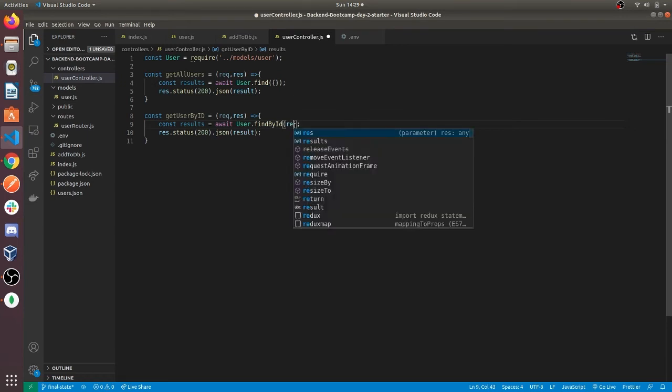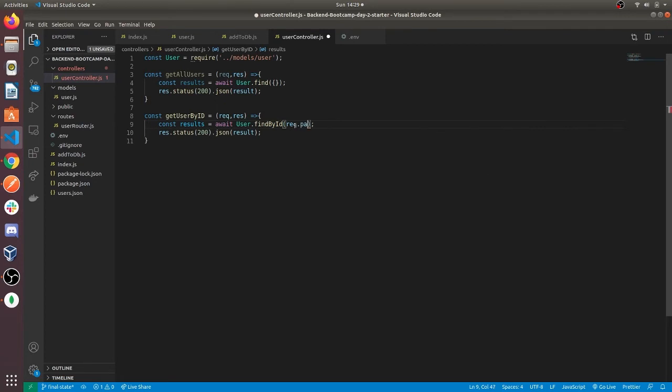For using find by id, we are going to get our id in the path parameters. So as I told you, we will use path parameters like this.